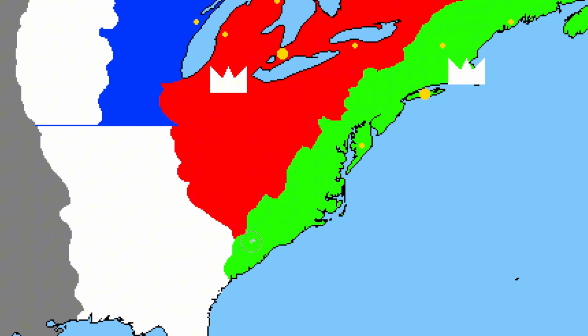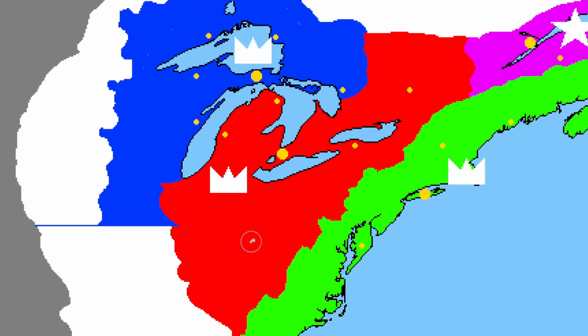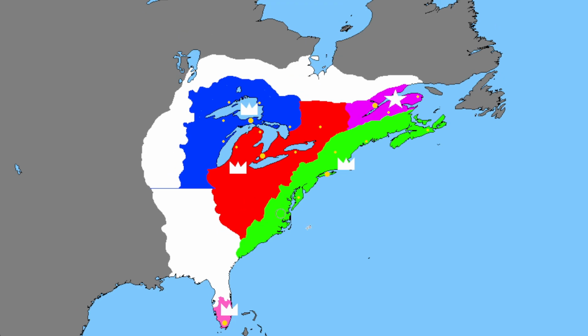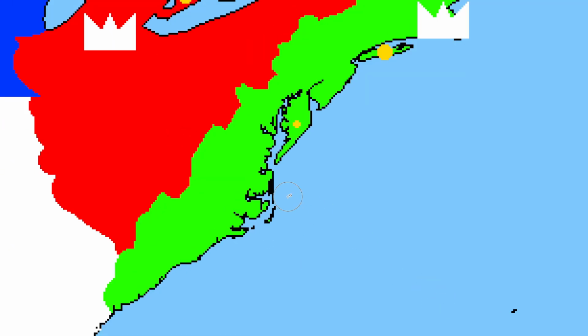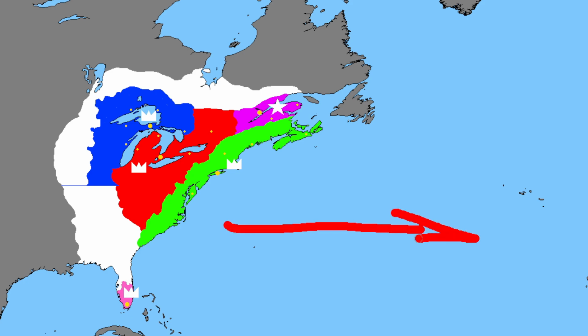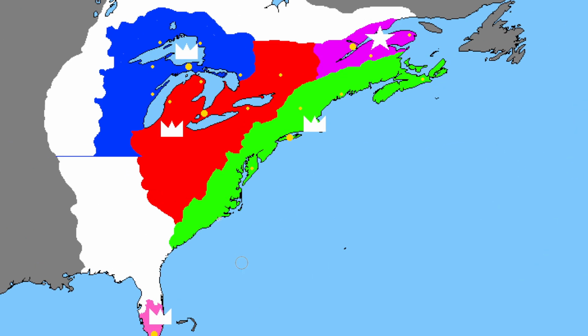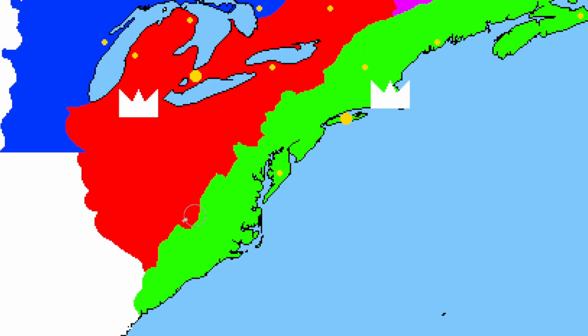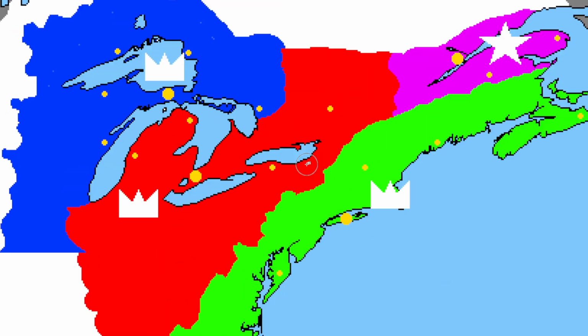However, I said supposedly. This is actually a lie from the red team. The red team have made this whole thing up, that the green team attacked the red team, just so they could declare war. And why do they do this? Well, they want this land. They want coastal access. Coastal access has great opportunities, and they also want to know what's this way? They have no idea of this world, and they also want to cut off the green team. So they declare war on the green team.